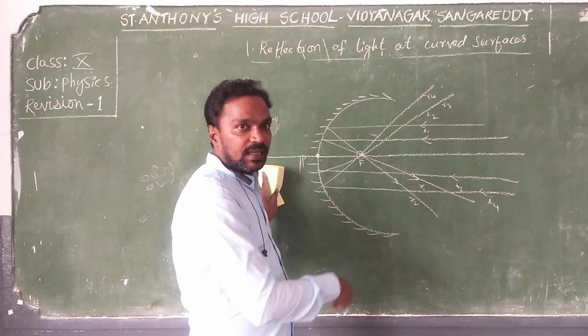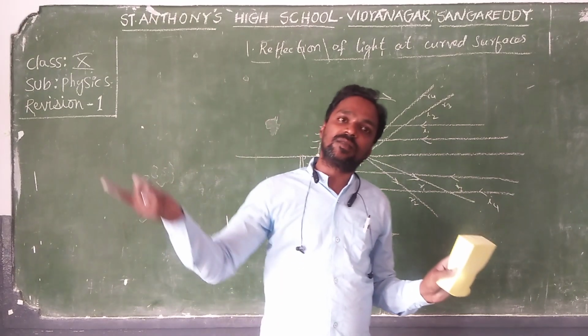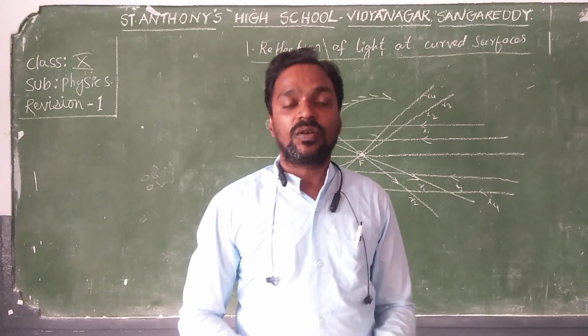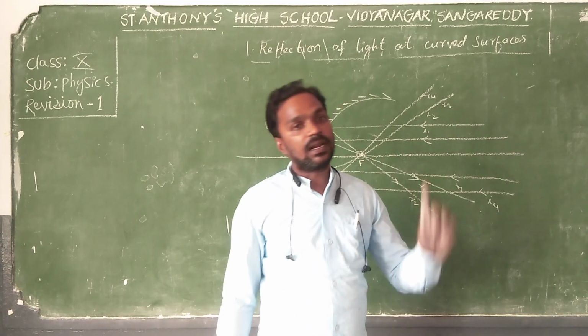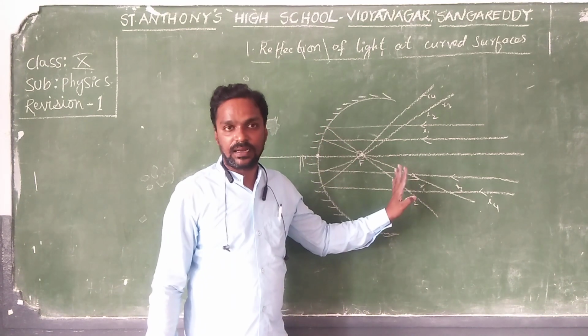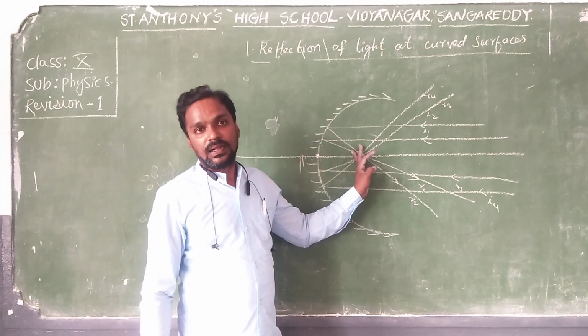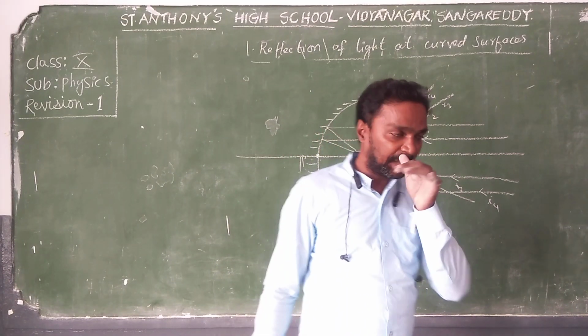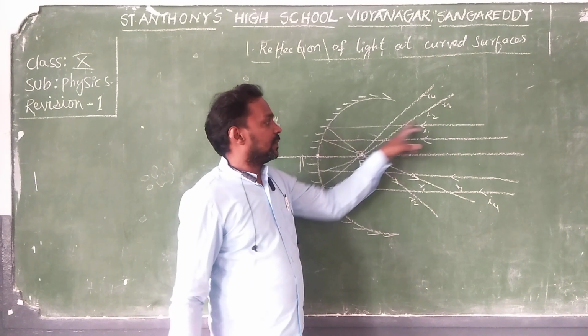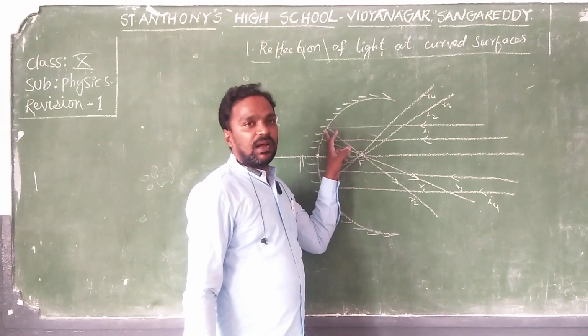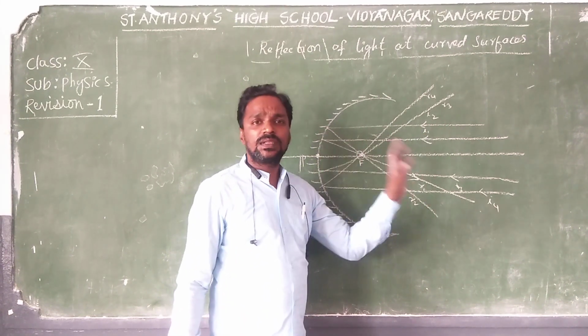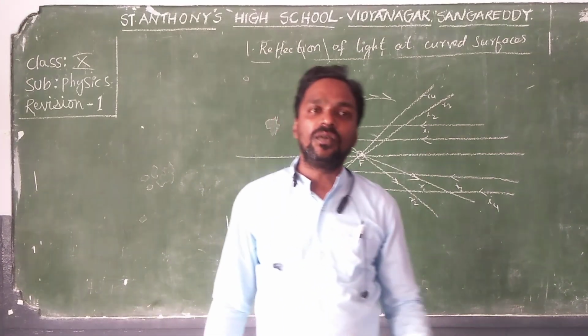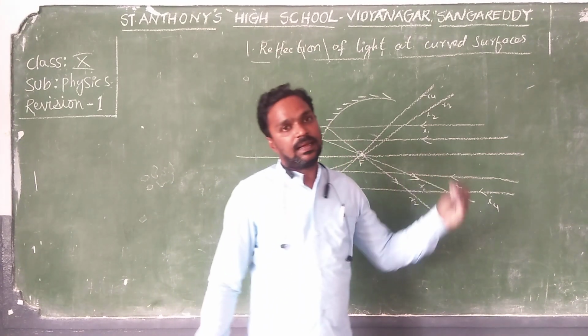The same thing is explained here, and what happens in the convex mirror is also explained. So try to draw the diagrams. If you don't draw the diagram, you are not going to get the result, that is, you are not going to understand the concept. What happens when rays come parallel to the principal axis? After that, it will go. Use a scale and pencil. Don't use a pen while drawing the ray diagrams.